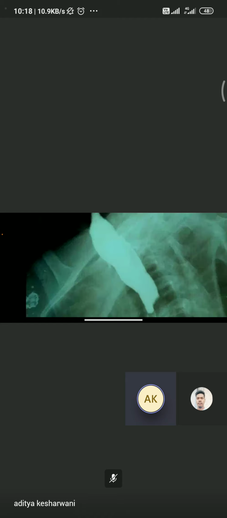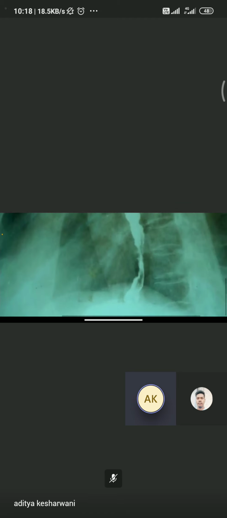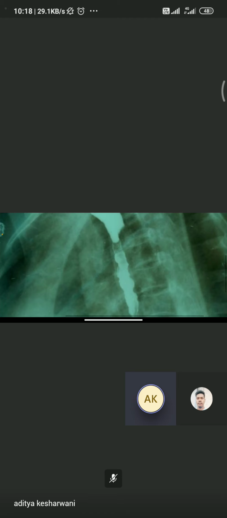Okay. In this, we can see the esophagus, which is dilated, constricted above due to the pharyngeal constriction, and in the middle part, what we can see is a dilated part of the esophagus, and again it tapers off at the lower end, and at the lowermost end it is tapering. So usually we don't get a tapering off like this in a normal barium meal.